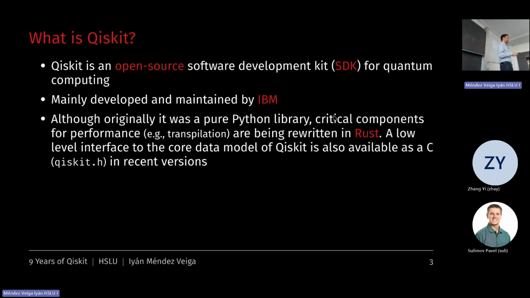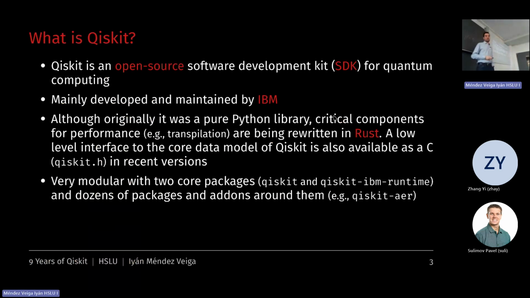And although the first code, the first release back in 2017, was a pure Python library, nowadays they're in the process of rewriting most of the core components into Rust. And most of the simulations that we can do with other packages like Qiskit Aer are already written in C++. And this is quite new actually, from end of last year. They also have a C library and they're pushing in this direction. So the goal is that in the next years, maybe end of this year and 2027, they want people to be able to install C or Rust custom gates that you can just import into Qiskit.